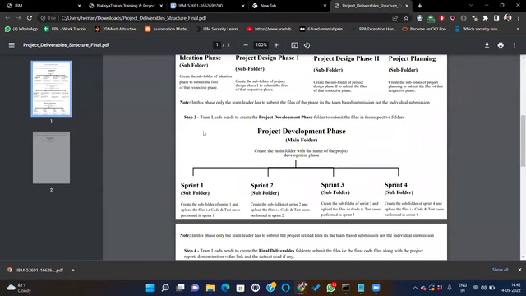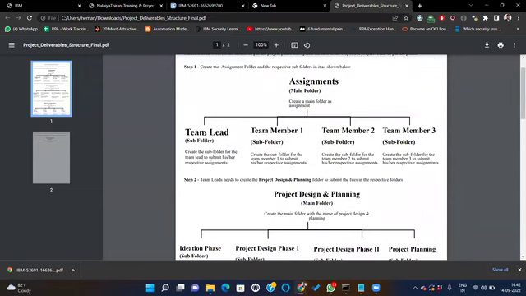That is the reason we have given this complete structure which has to be followed. If this structure is followed, I'm really telling you, it will make our lives very easy in monitoring for your people and in evaluating for us. If they submit randomly, we'll be confused about which assignment belongs to one student and which belongs to team member 2. So if the structure is followed, we'll not have any issues in the monitoring or the evaluation.